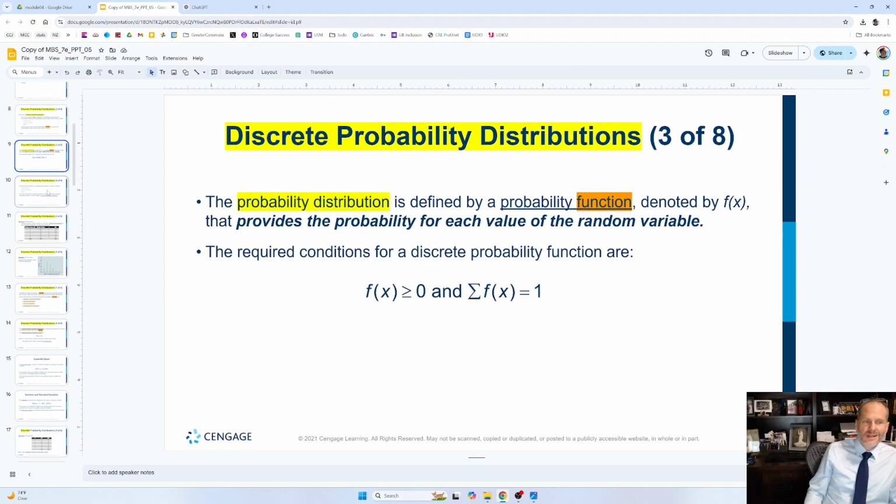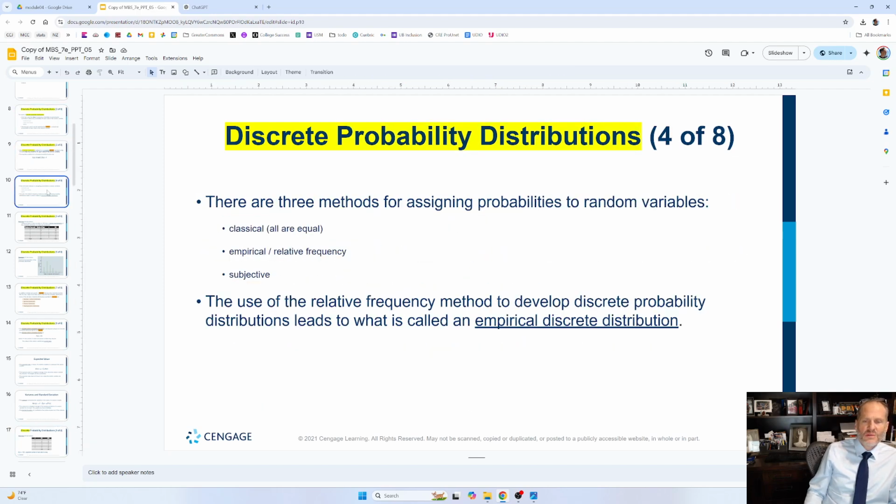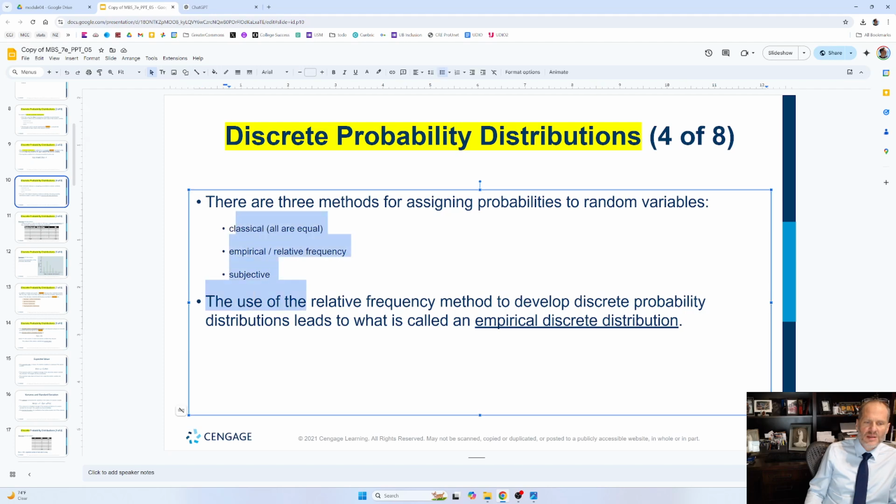That's just reductionistic logic. Discrete probability distributions. There are three methods for assigning probabilities to random variables. We already saw this. I don't know why they listed it again. The use of the relative frequency method to develop discrete probability distributions leads to what is called an empirical discrete distribution, right? So if you use this method, it leads to empirical discrete distribution. So we're talking about discrete probability distributions here, and if you use empirical,